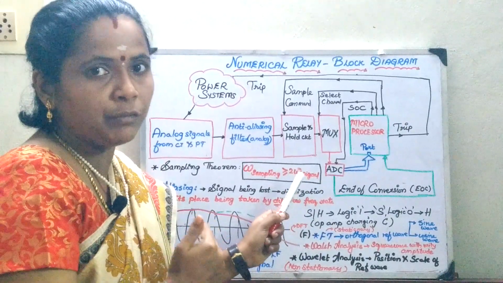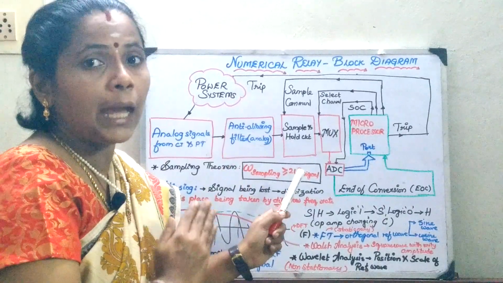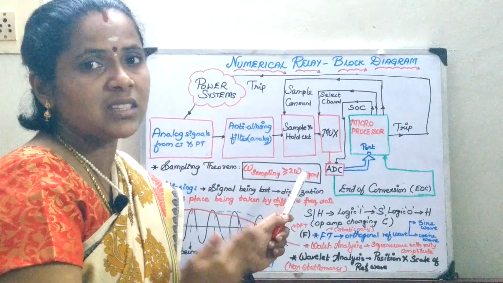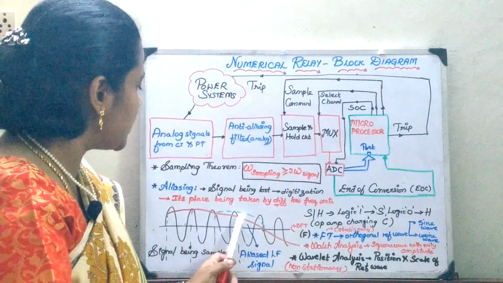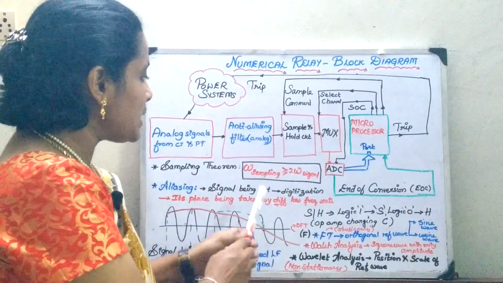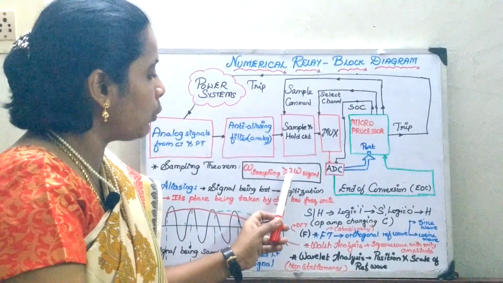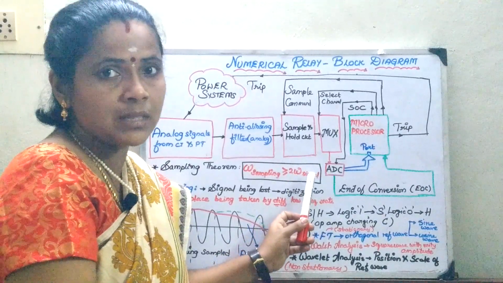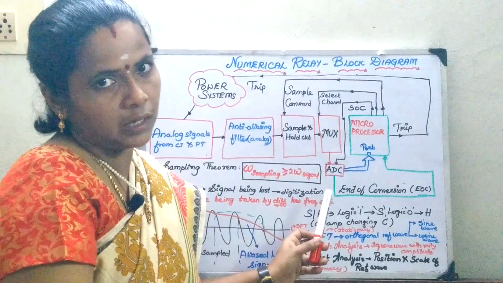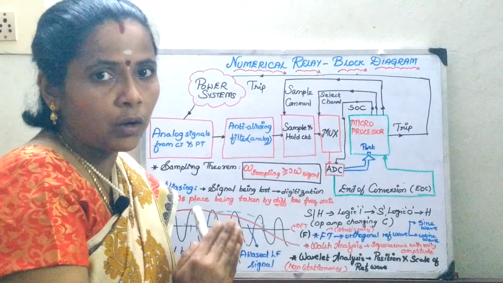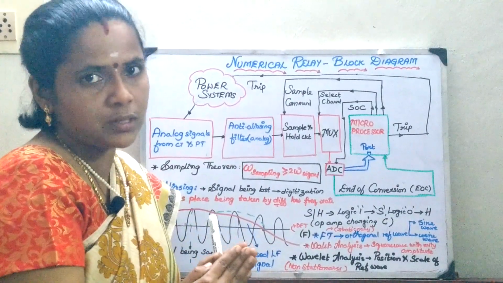That is, because I am going to sample the signal at each and every interval, I am not going to take the analog signal, because it is a digital process. At various points I am going to take the digitized signals, wherein my sampling frequency should be at a rate greater than or equal to twice the signal frequency in order to preserve the information present in the signal. Okay, so I am not going to take the analog signal as it is, I am going to take the sampled digitized signal for the processing.